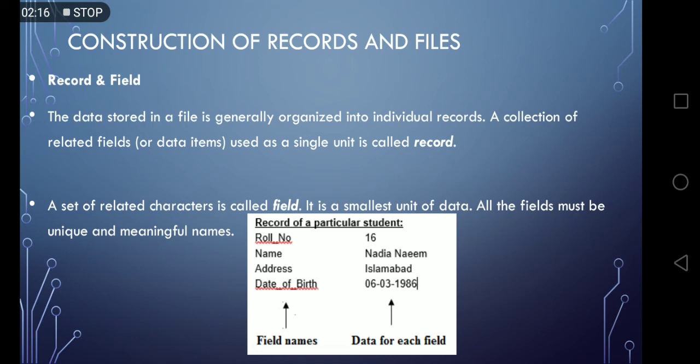The record of a particular student is shown in the following figure. At left side we have field names and right side we have data for each field. Field names are roll number, name, address and date of birth, and at the right side we have data for each field.